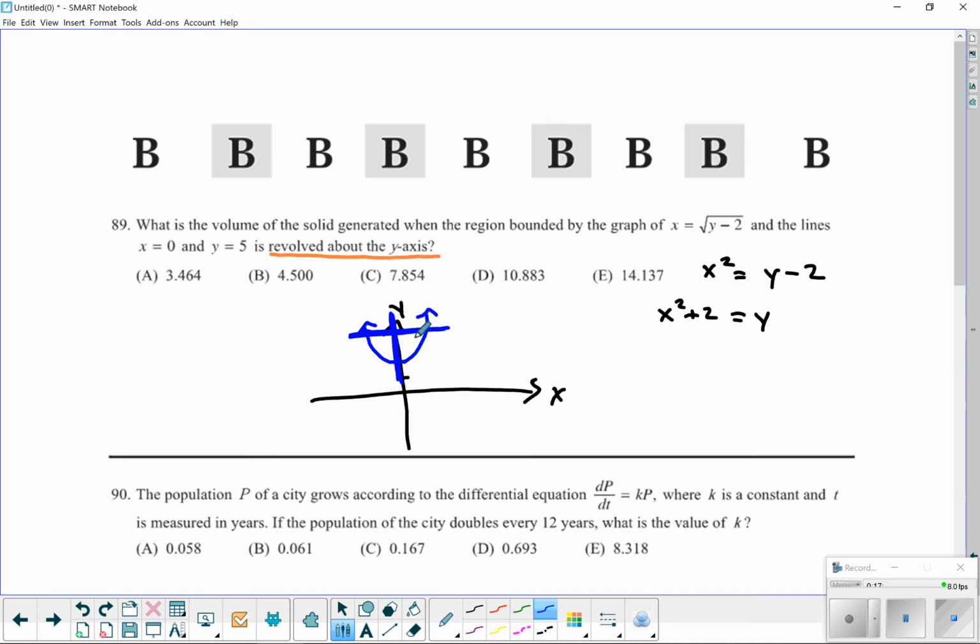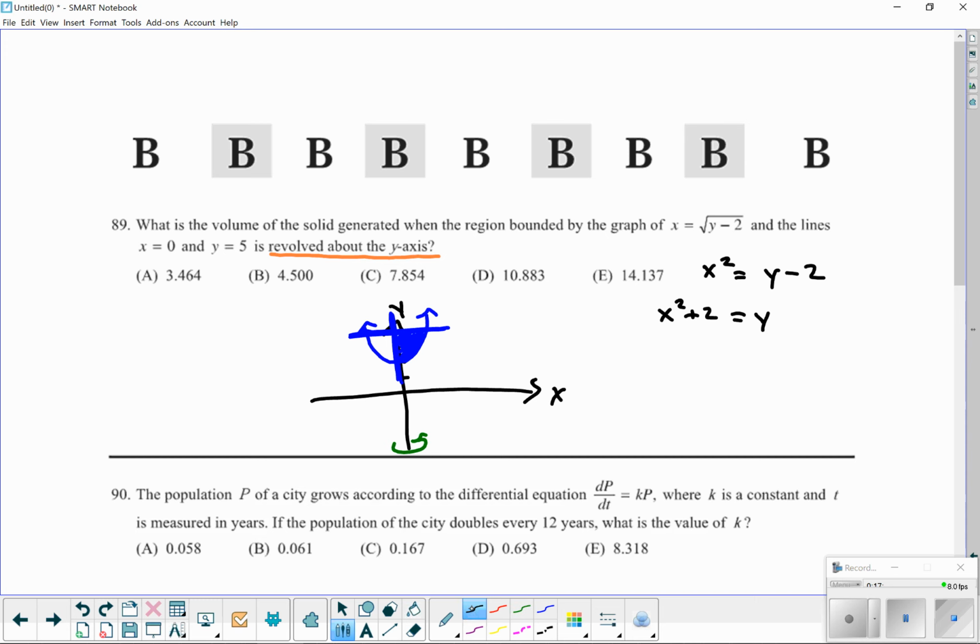They want this region right here, or this region, and they're both the same. So we'll just say this region right here, and we want to revolve it around the y-axis, which is this one right here. Nothing special, it's right up against the y-axis. And remember,